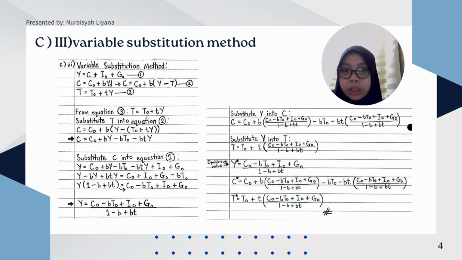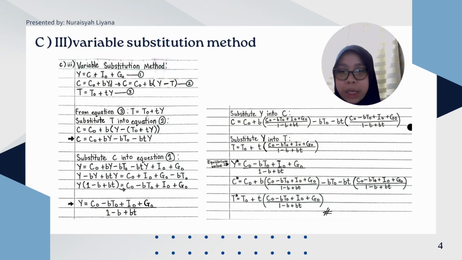Okay, so now I will explain question C number 3. In this question, we need to use the variable substitution method to find the equilibrium value of income, Y, consumption, C, and tax, T. Okay, so first I write down the three basic equations, which are Y